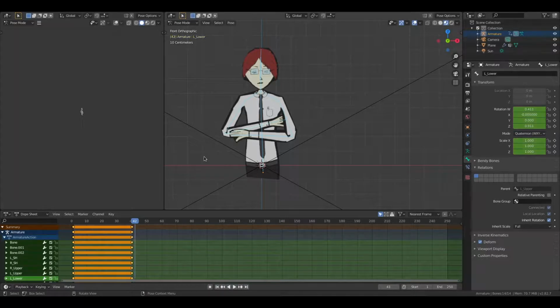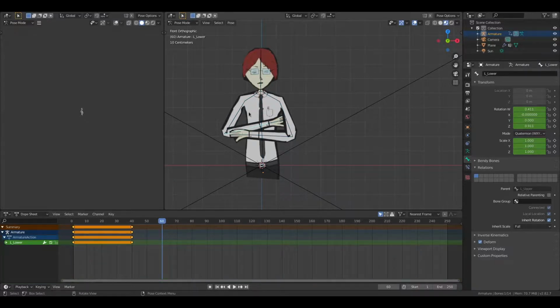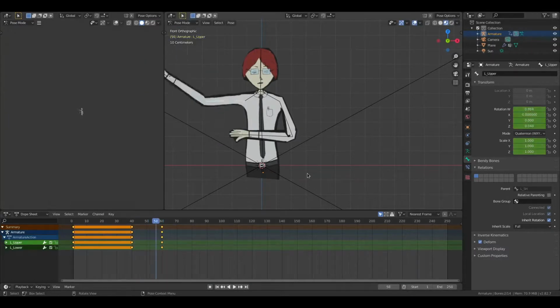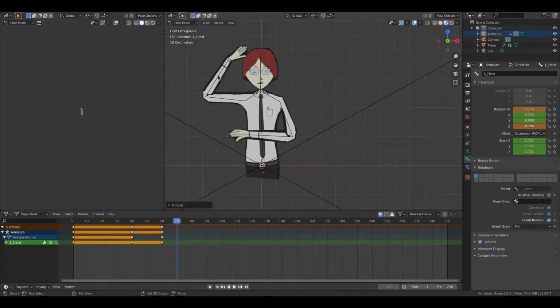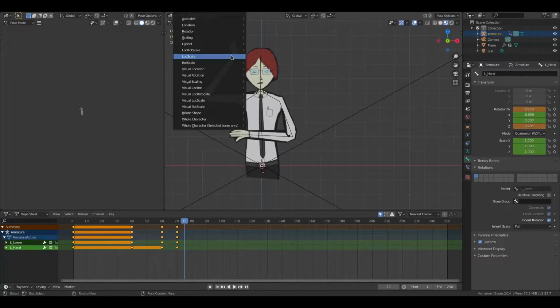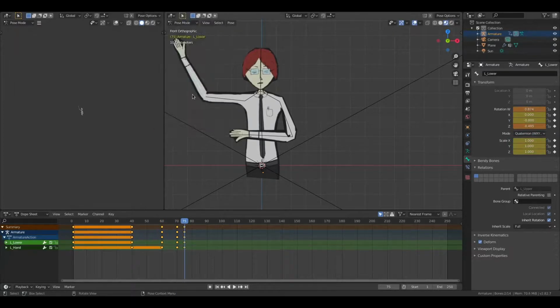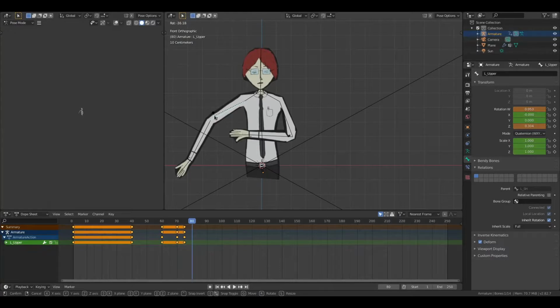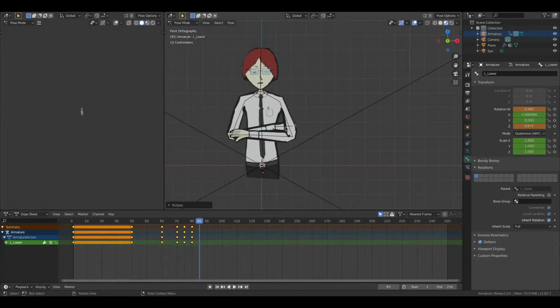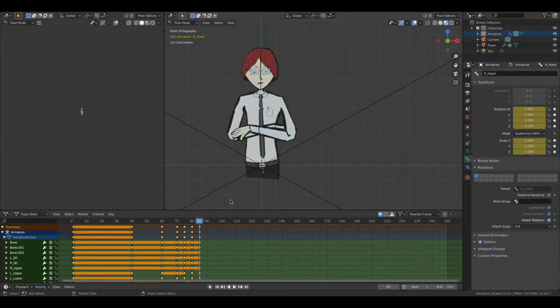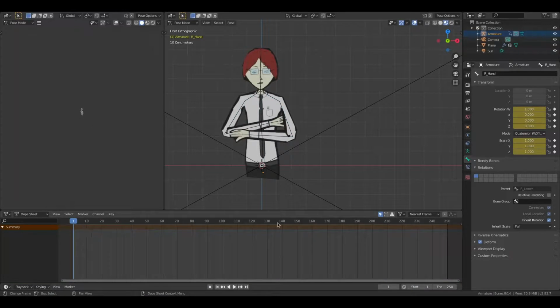Then from 40 to like 60, he's going to do that pose that we did last time. So from the first frame, if we play it,